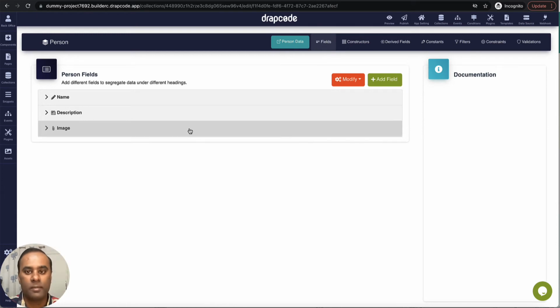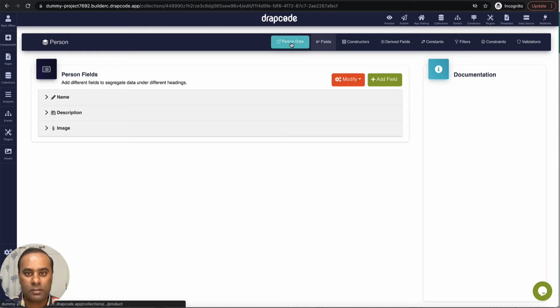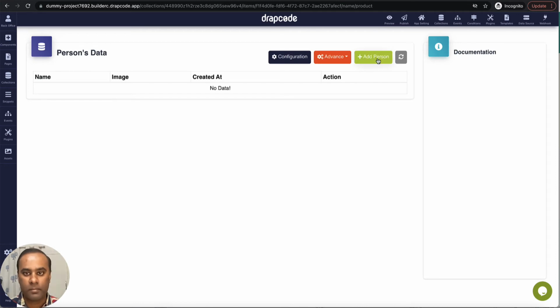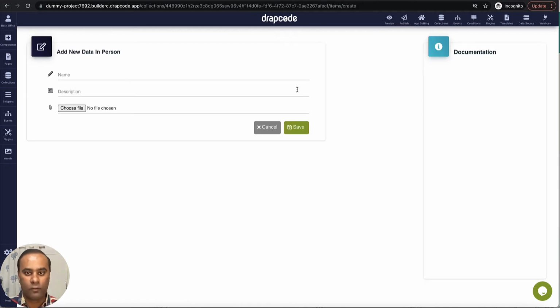Let's go and add some data to it, and then we'll see how to display the data in the table and cards. Okay, so I'll go to the data. Let's add person. Okay, so I'll quickly add 4 persons.